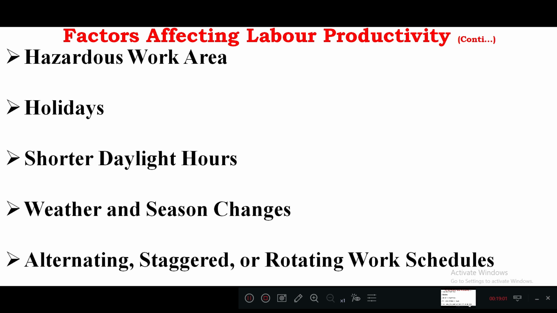At that time it is very difficult to work with the labor part, because we have hired them on a contract basis, and even if they didn't work, we need to pay the salary or wages for them. So again, with respect to that cost, the productivity will get reduced. Some environmental changes we can't predict properly, so during that period labor productivity will surely be reduced. And in other climate changes like cold and all, it is very difficult to handle the materials, because the extreme cold conditions may lead to a decrement of the productivity part. So these are several factors you have seen from overtime to alternating or staggered rotating work schedules. They are surely affecting the labor productivity, and you need to concentrate much as a